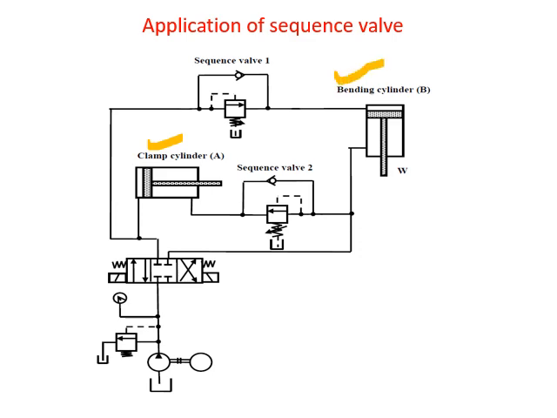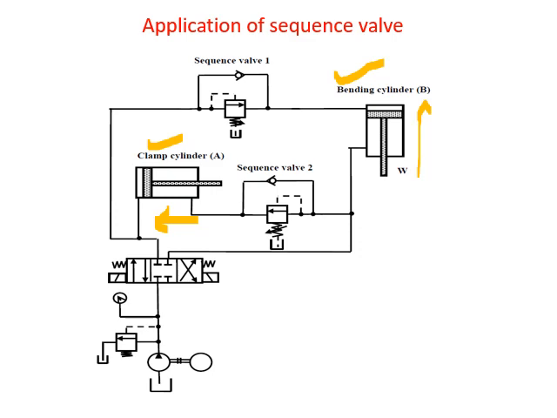So first the clamping operation should finish, and then the bending operation should start, then the bending cylinder should retract, and then the unclamping operation should occur. Now this is a simple sequence of operation. If this sequence is violated, then there may be damage to the mechanical part which is undergoing process in the hydraulic press. So this is achieved by putting sequence valves in the circuit.